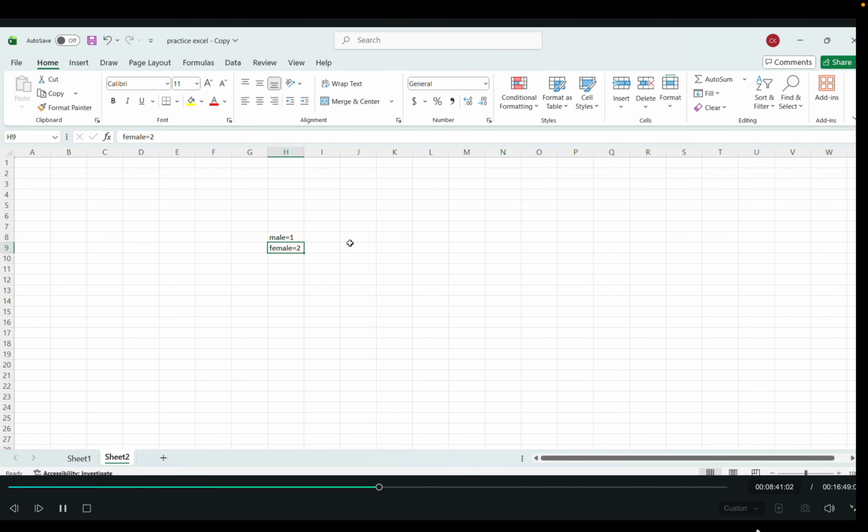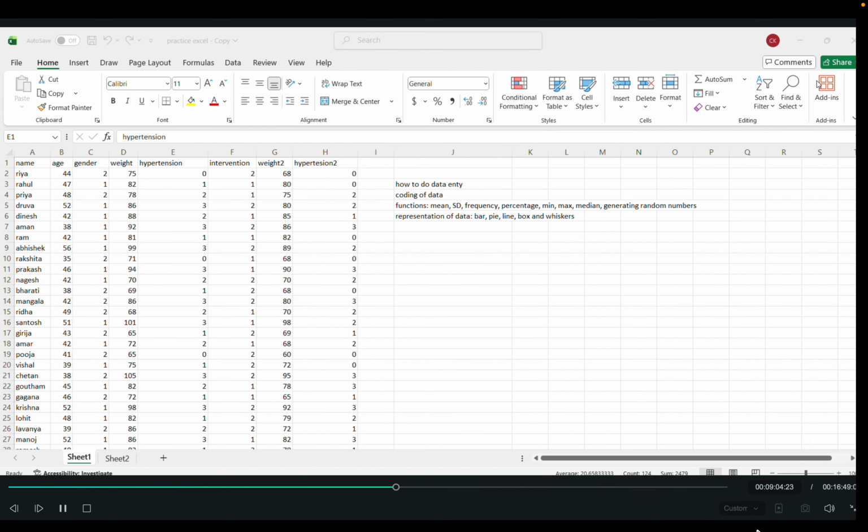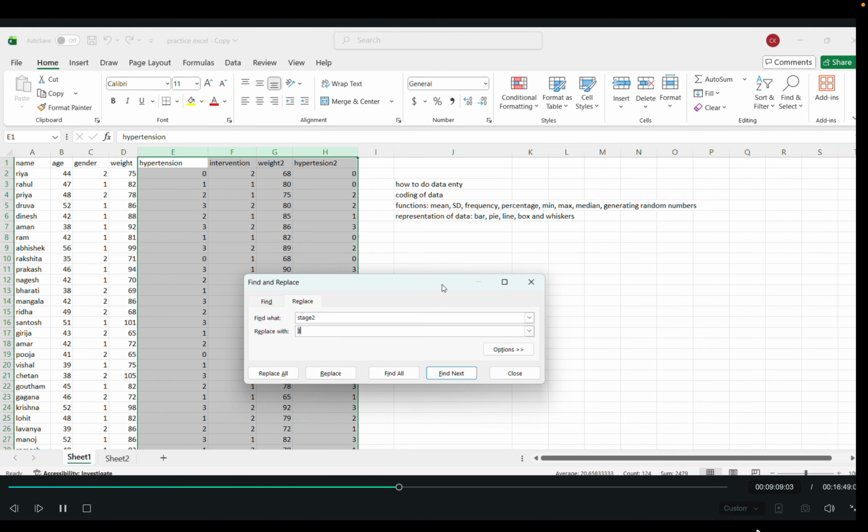Again, I will just note it down here, that is normal is 0, prehypertension 1, stage 1 2, stage 2 3. One important thing to be kept in mind is while replacing, if you give space to stage